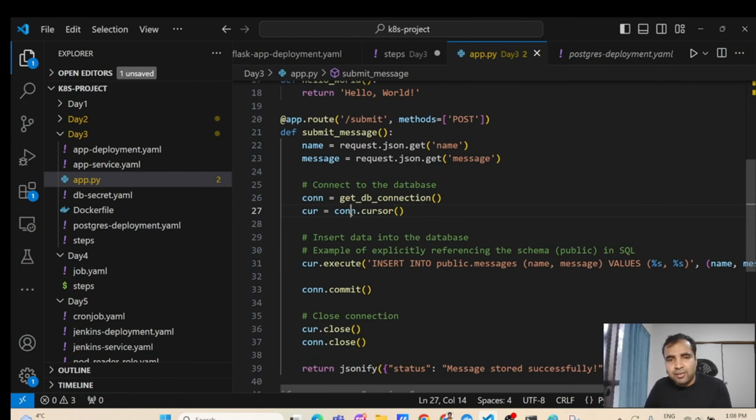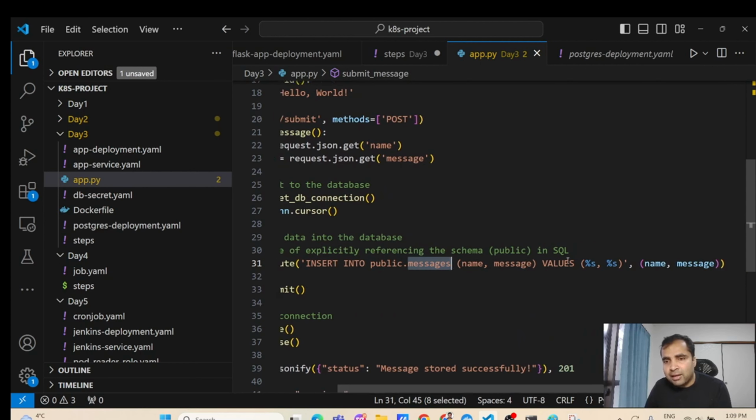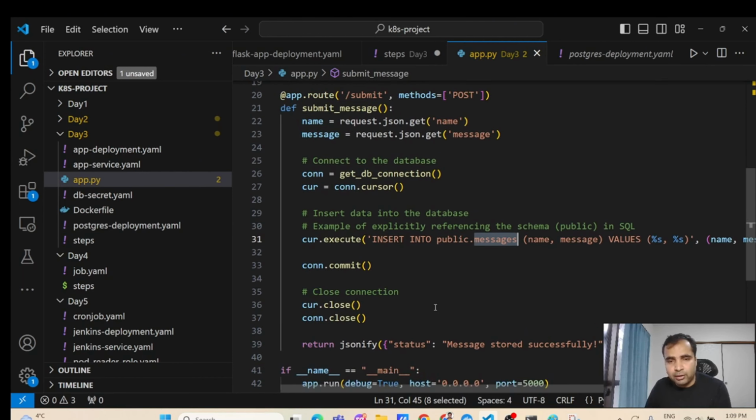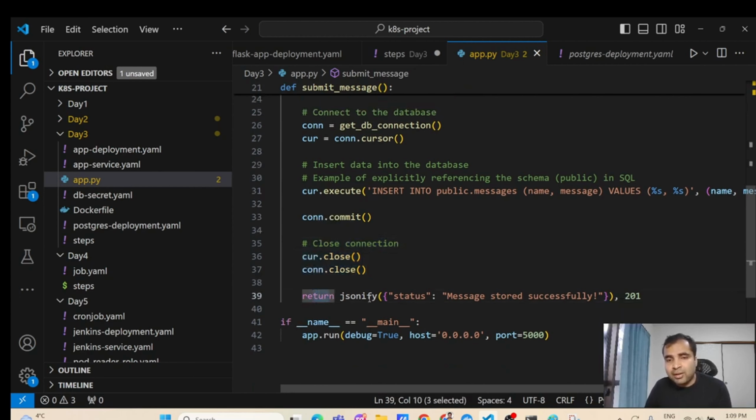And once this is done, you are just doing cursor.execute and insert into that particular table. So insert into public, which is the database name, dot message table, and then here you are passing the name and value which you are getting as an input in the post method, and then committing it into the database, and then closing the connections. And then in the return you are doing jsonify, and status is message is stored successfully,